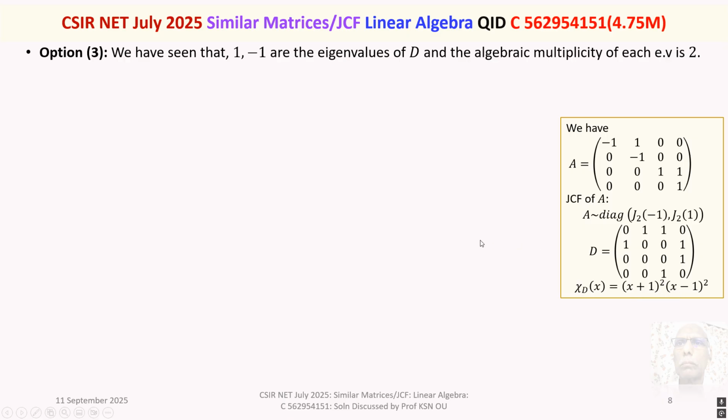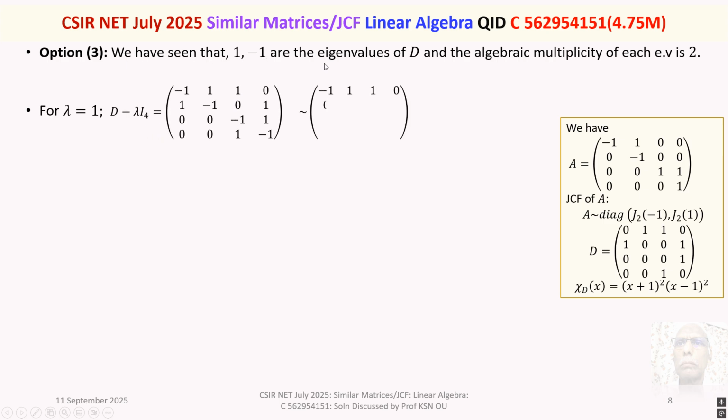And now, we have seen that 1 and minus 1 are the eigenvalues of D, and the algebraic multiplicity of each of the eigenvalues is 2, even for D also. It's just like A. And in order to show that this D is similar to A, we calculate